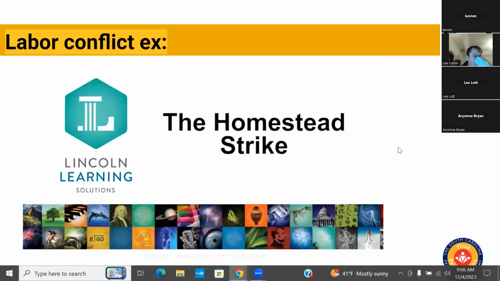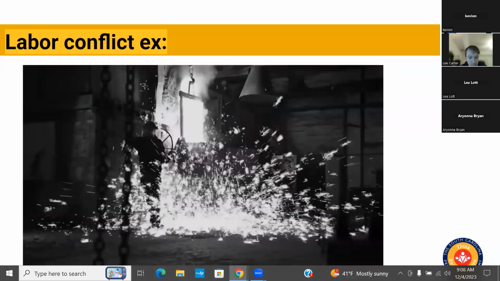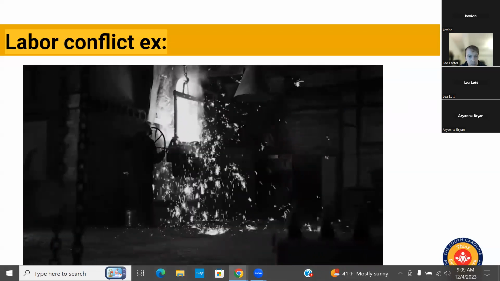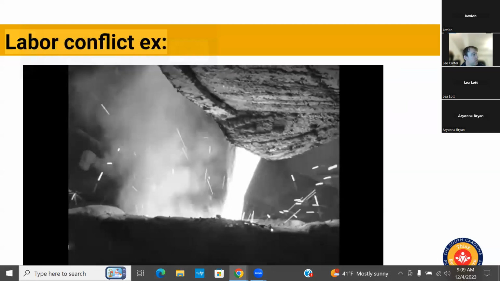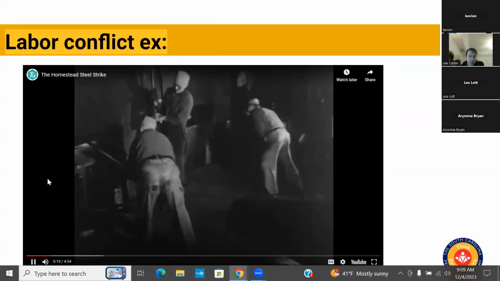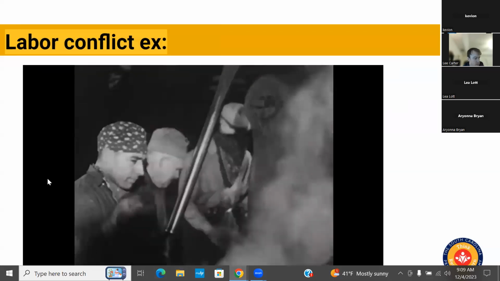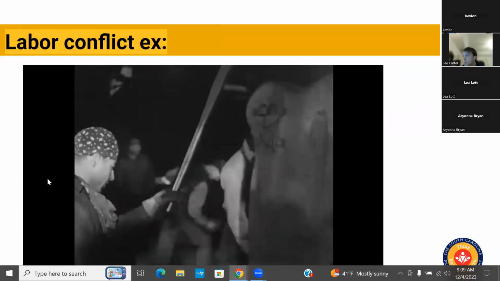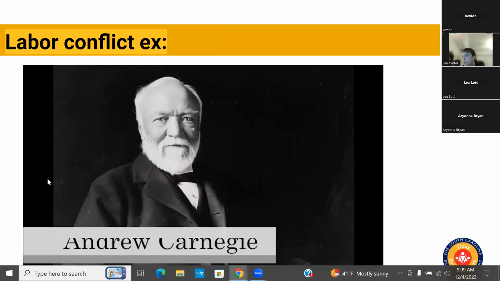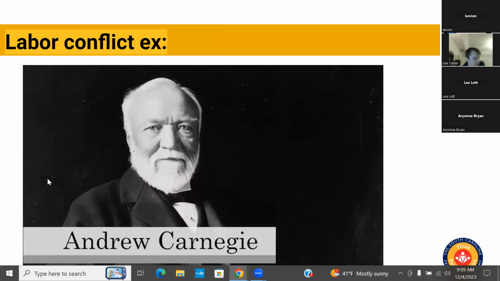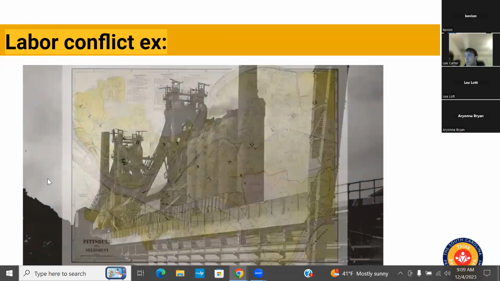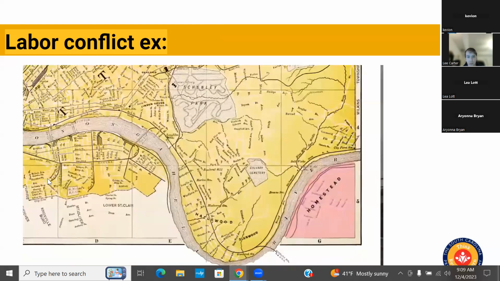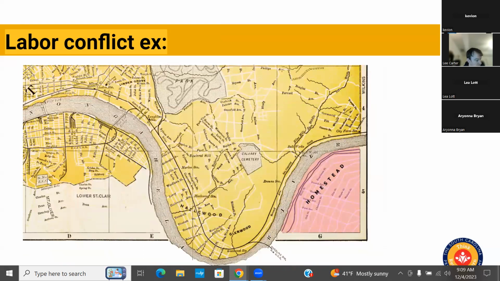The Homestead Strike. The waning decades of the 19th century saw a rise in the influence and power of organized labor unions. They were responsible for major changes in the lives of the workers who toiled to produce the materials that were transforming America into an industrial powerhouse. This put them at odds with the owners and operators of the factories and mills in which they worked, specifically Andrew Carnegie. The Carnegie Steel Company owned the Homestead Steel Works, among others, located in Homestead, Pennsylvania. In the summer of 1892, this would be the location of a defining moment in the struggle of organized labor